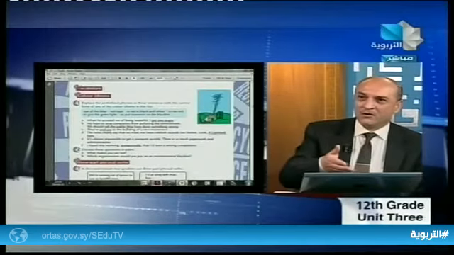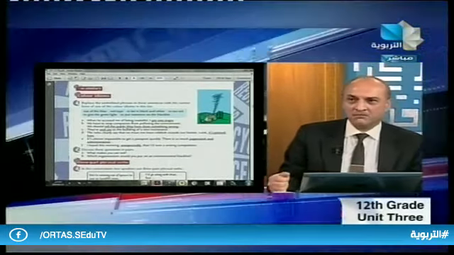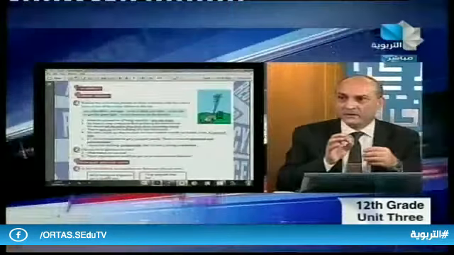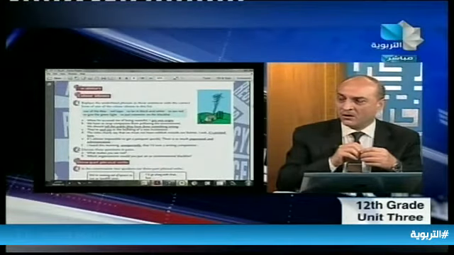I'd like to tell the students that if you try to translate any one of these expressions, believe me, it is senseless. It won't work. There's no meaning, and you won't be able to understand anything. These expressions refer to something different. Don't try to translate these color idioms word by word. You cannot translate them, but you have to know the meaning of these idioms and how to use them.